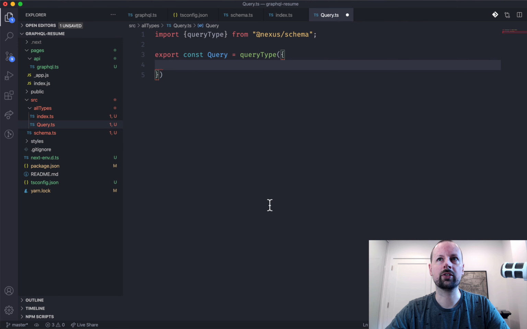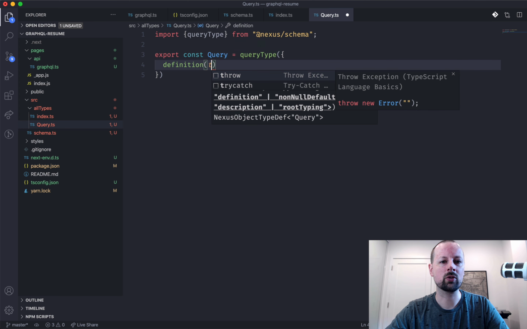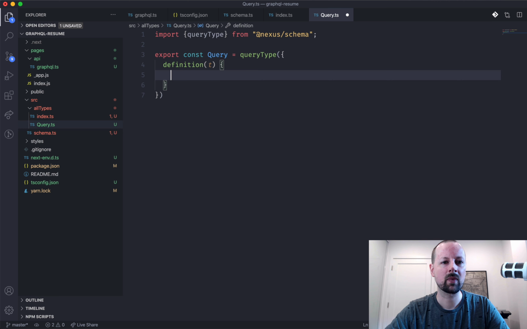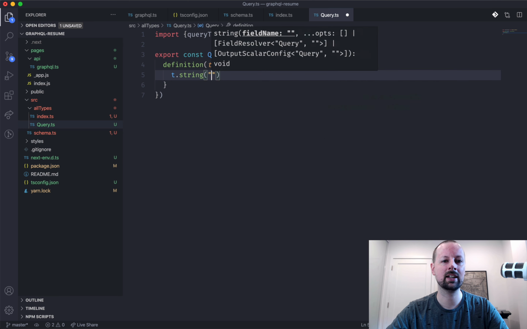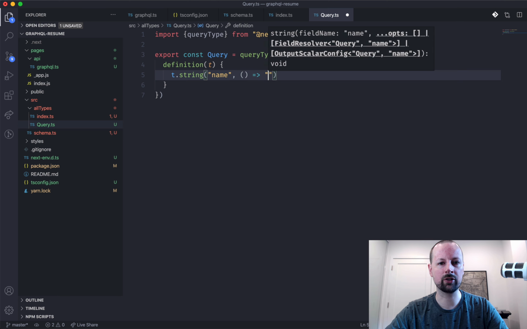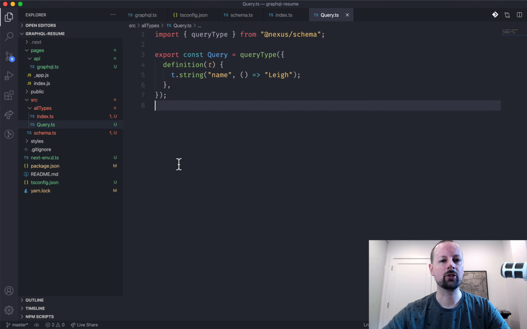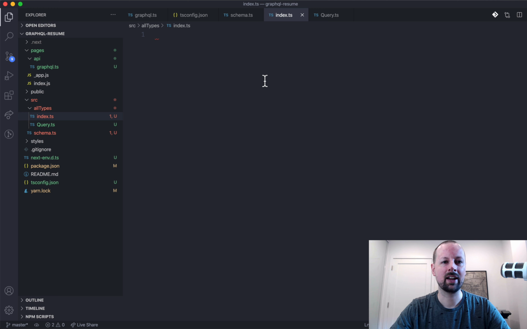The way this works is that we have to build a definition. The definition is a function which is passed a t. Inside of here, we can define each of the fields that will allow our users to query. We can get a bare bones GraphQL API running by just saying something like t.string name, and we can just return Lee like that. So you now have a GraphQL API, well, not quite, but where you can ask for the name and it will return Lee. But we need to go back into index and we need to say export,